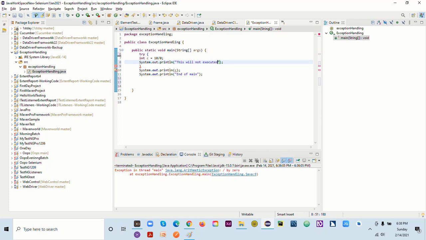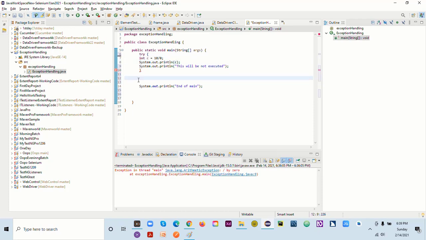This will not be executed. This is one thing I did here. Now it will be there as well. So here I will have all this there.